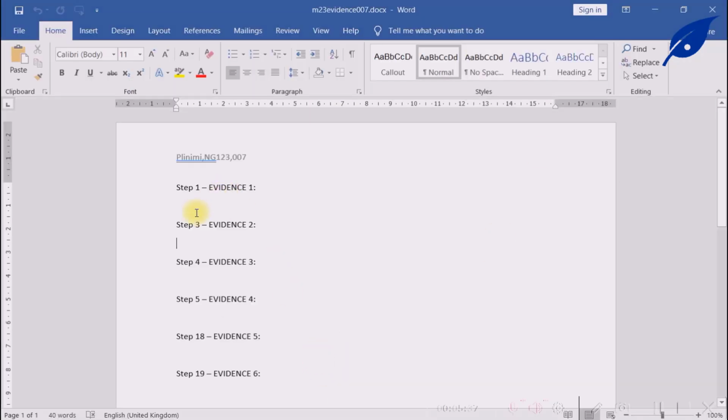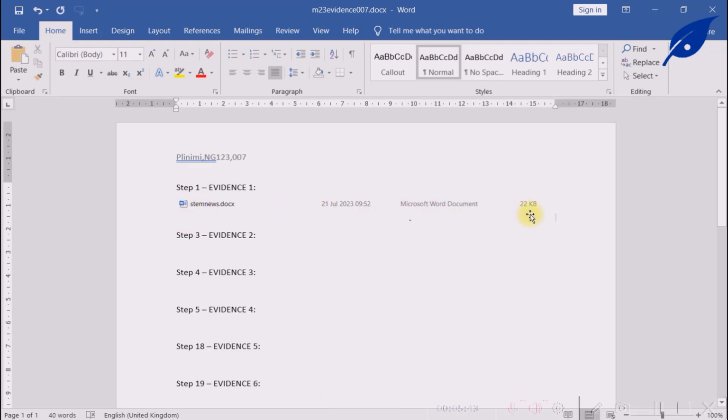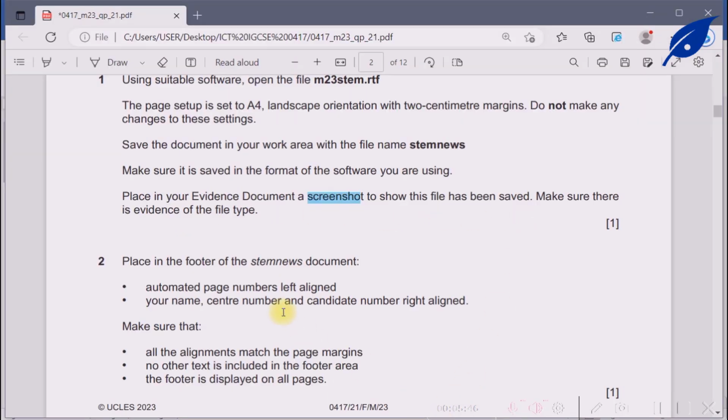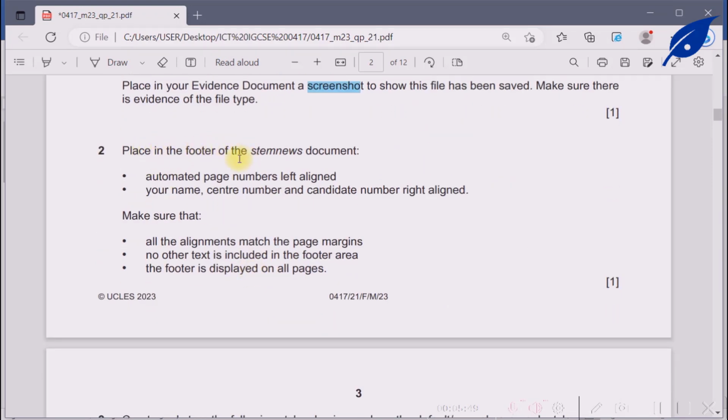Now go to our evidence document. Here we paste our work. Then the next thing we have to do now is in the footer